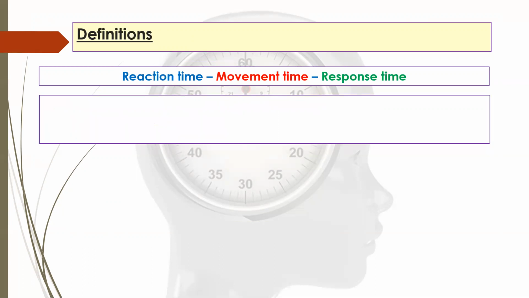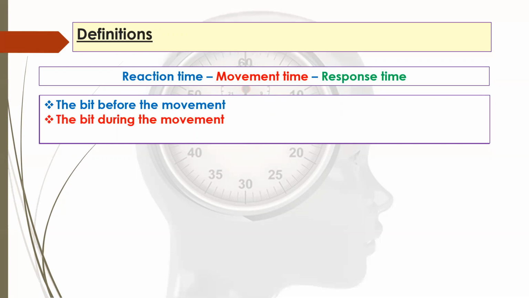So let's go through them. These wouldn't be the definitions you put down in the exam, but just help shape your understanding of what they mean. So the reaction time is the bit before the actual movement. Now you might have a definition of reaction time that you already know from GCSE PE. So that helps shape that idea, but it's the bit before you actually move in the whole process. Movement time, clues in the name, that's the time during the actual movement. So it doesn't include the first bit. It's just about the actual point from movement to the end of the movement. And then finally, response time is the full sequence of responding to it and then the time taken to produce